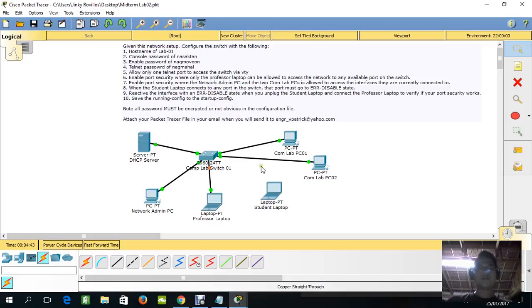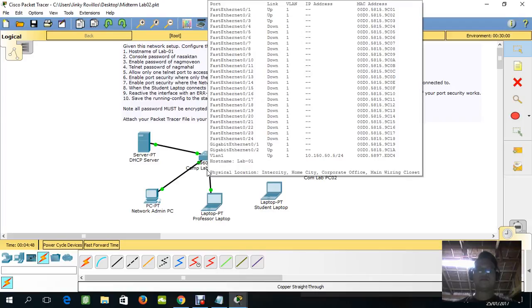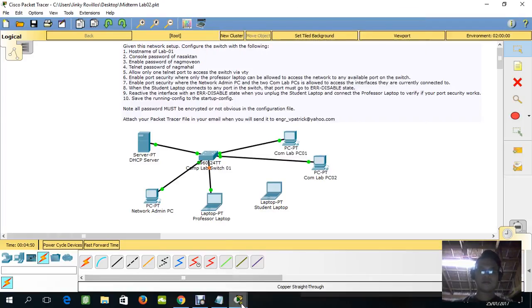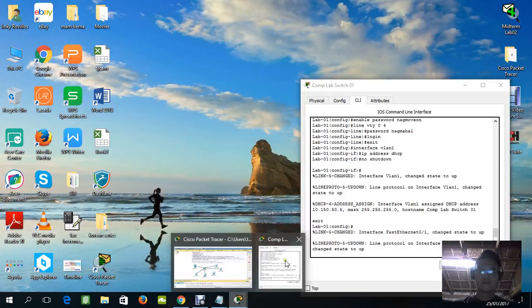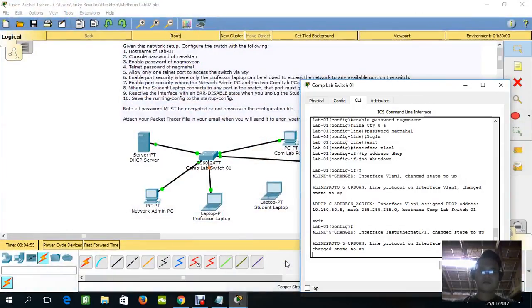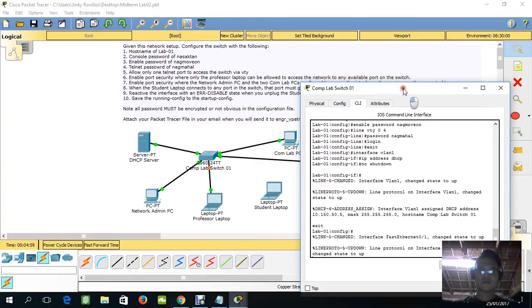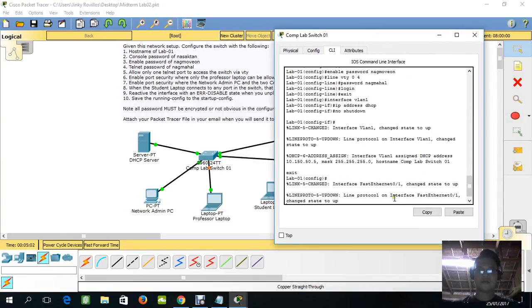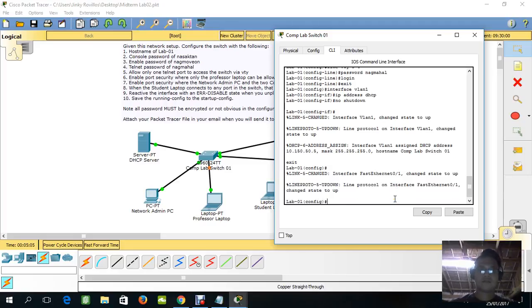And then let's wait until this button here is color green. While we are waiting, we're going to type interface FA 0/1.